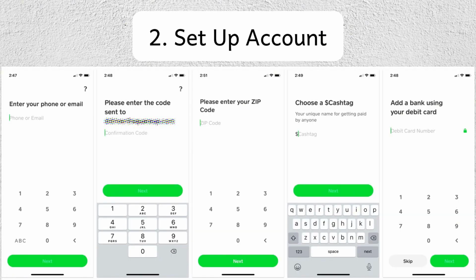After signing up, link your bank account or debit card to Cash App, and you'll need this to add funds to your account. You may also need to verify your identity by providing personal details like your name, address, and